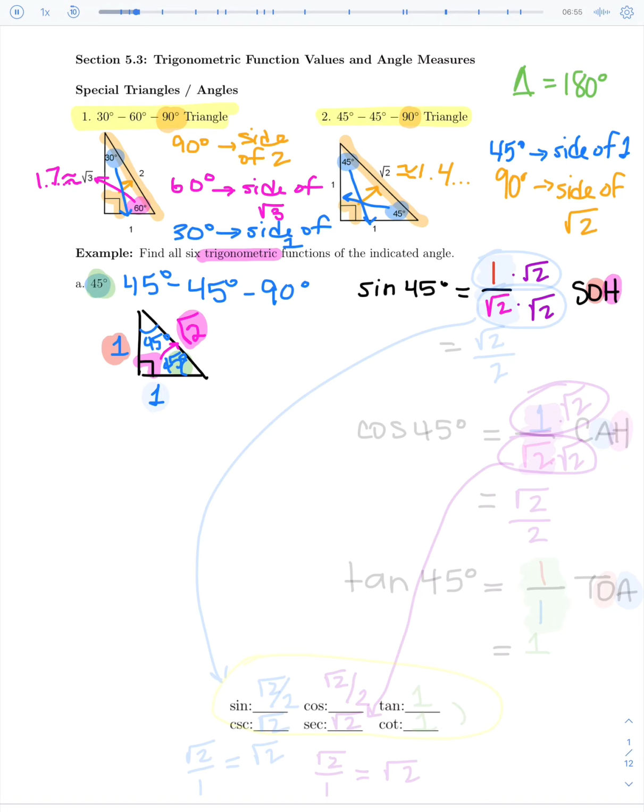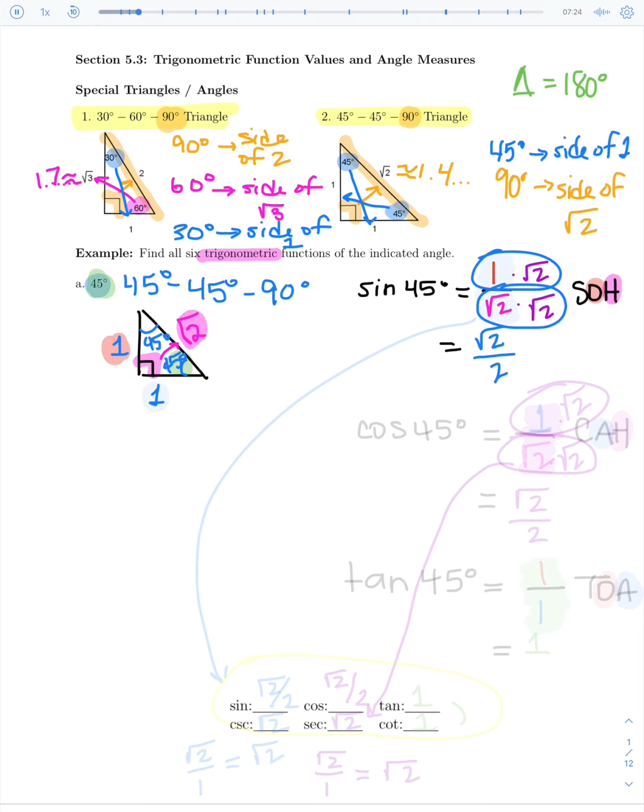the denominator, which will then give us on top, when we multiply 1 times the square root of 2, the square root of 2 over square root of 2 times square root of 2 in the denominator. We'll have the square roots cancel out, leaving you still with a 2, though. So that tells us that sine of 45 degrees is square root of 2 over 2. Then you would move along to finding